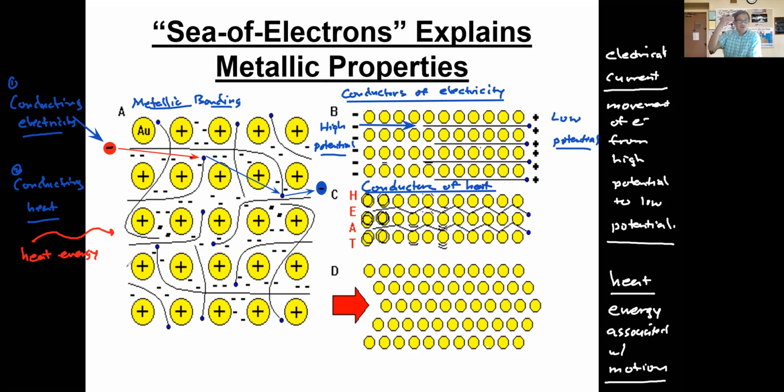The electrons are always in constant motion. They are always moving, which means if you hit them with energy that is associated with motion, heat energy, you can imagine that these electrons start to move, but not only that, they start to move faster. You can imagine that the electrons on this side start to move around, change their trajectory, and move faster.